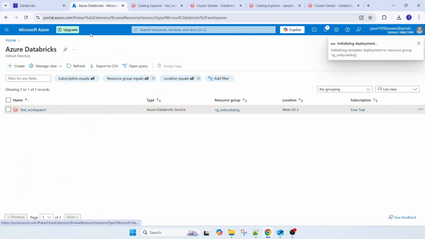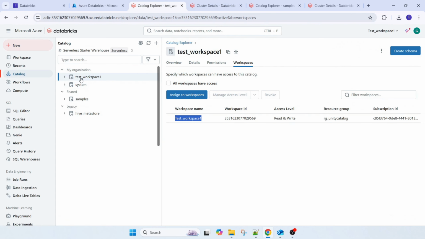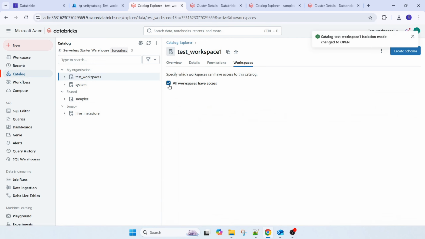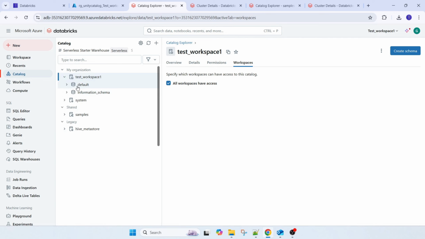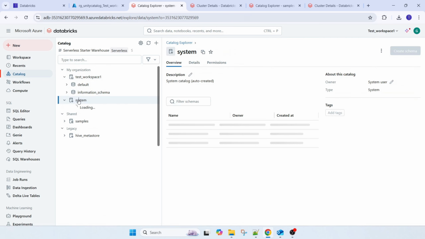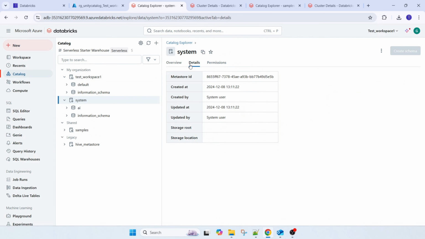The next workspace will be available within some minutes, and then it will show here, test workspace 2, as well. If you click on this workspace, test workspace will also be showing from test workspace 2. In that you can create a schema, which is nothing but a database. Default and information schema, right? And if you go to details, it is